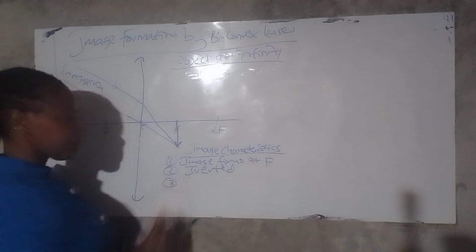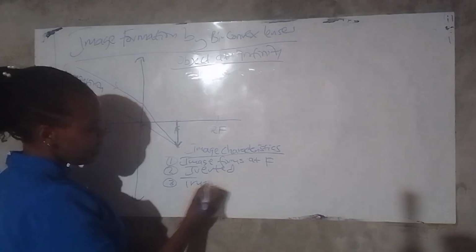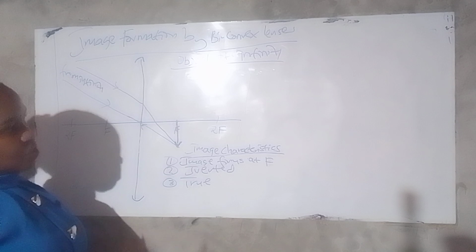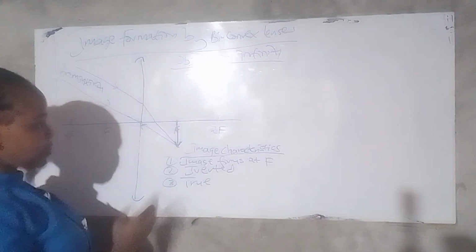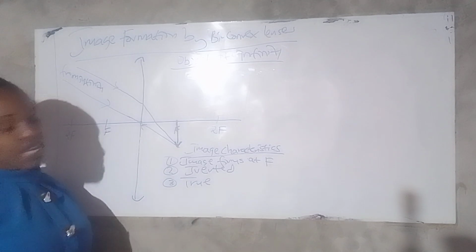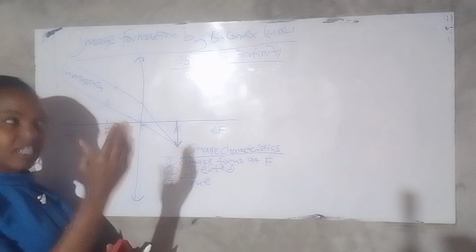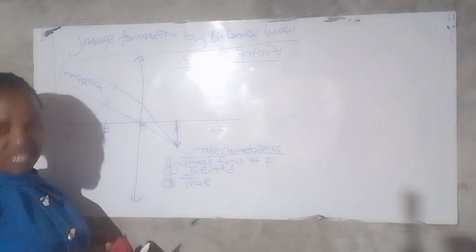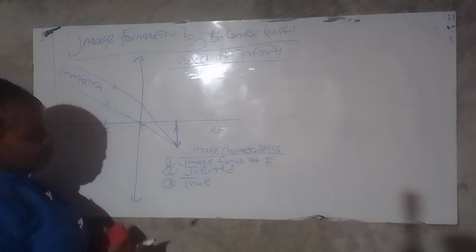Number three, it is a true image. Now we're going to understand the difference between a true image and a virtual image as we continue. So a true image is an image that is able to form on a screen. And it is always upside down. If the object is upright, the image will be looking upside down. If the object is upside down, then the image will be upright. Okay, and number four,